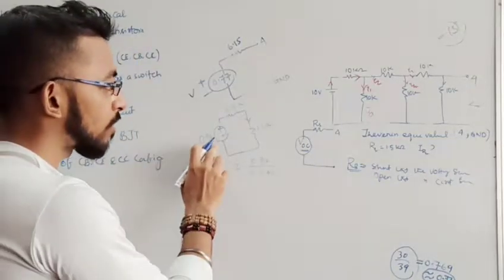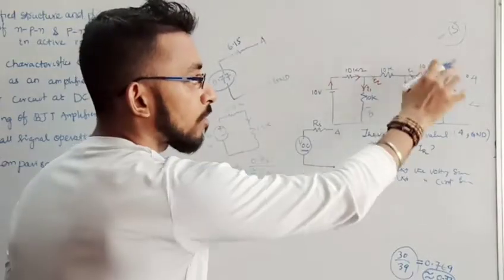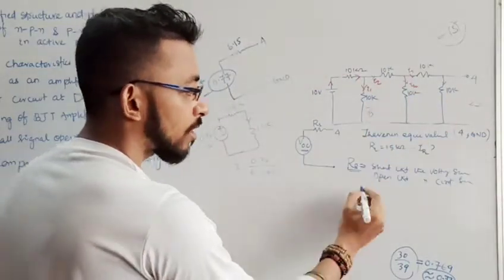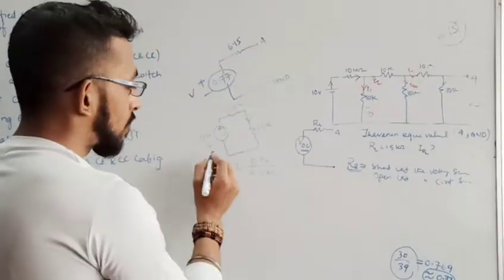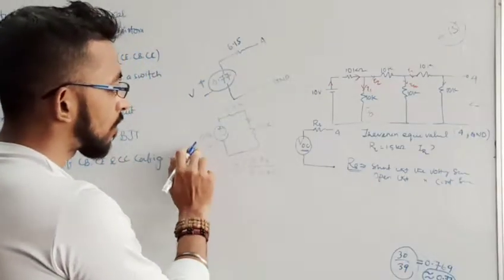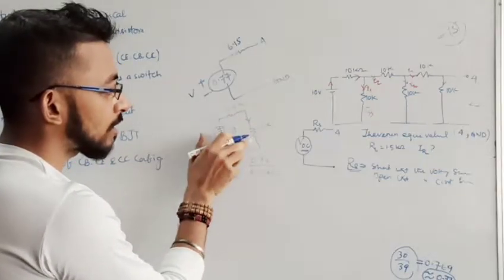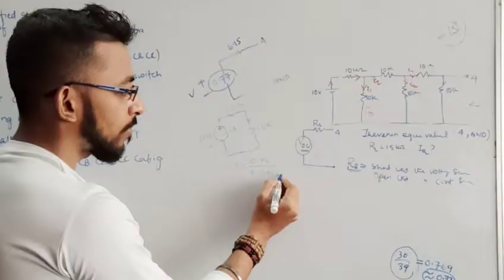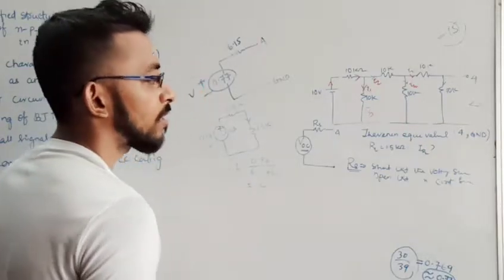How to find the current? Voltage upon resistance. Similarly, we found for this case 10 volt upon the whole equivalent resistance. Then we found a current of 8 by 13. So similarly, here the current is voltage upon equivalent resistance. Equivalent resistance means I am looking from this side. So the equivalent resistance is the series connection of 6.15 and 1.5. Whatever value we get, that is the load current.